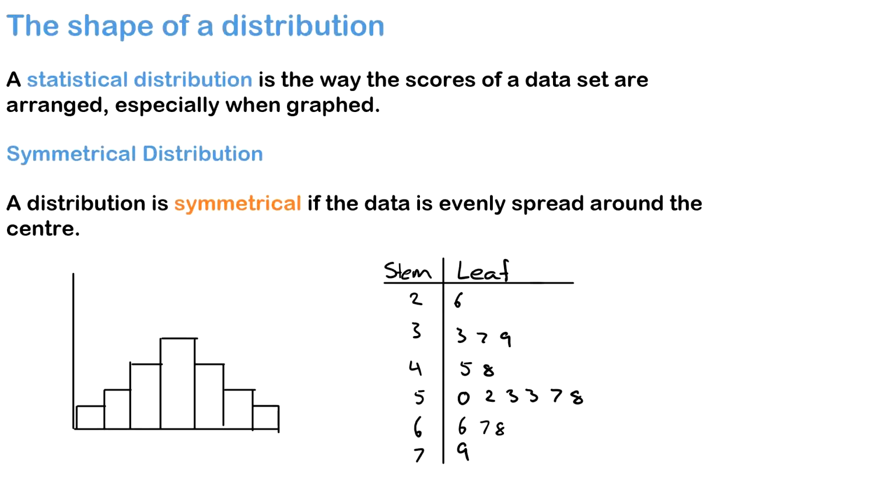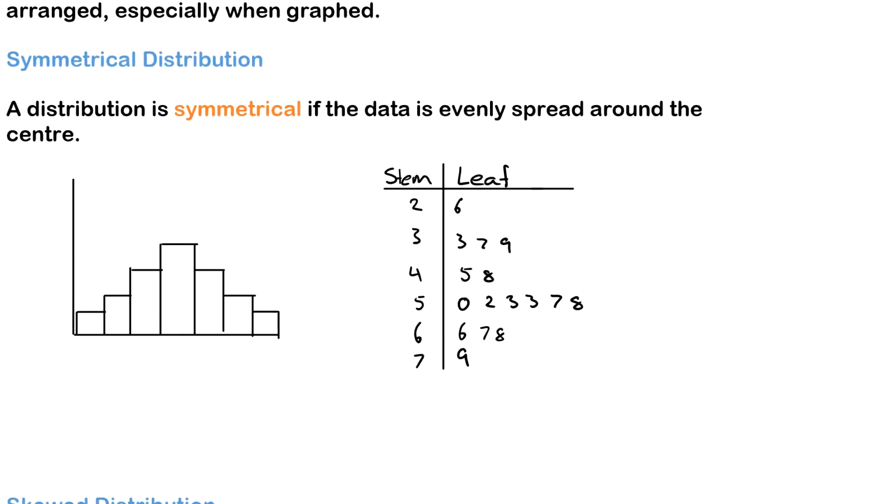In this video, we're looking at the shape of a distribution. So a statistical distribution is the way the scores of a data set are arranged. We can see this especially when they're graphed. So we have what we call a symmetrical distribution, and this is a distribution that is evenly spread around the